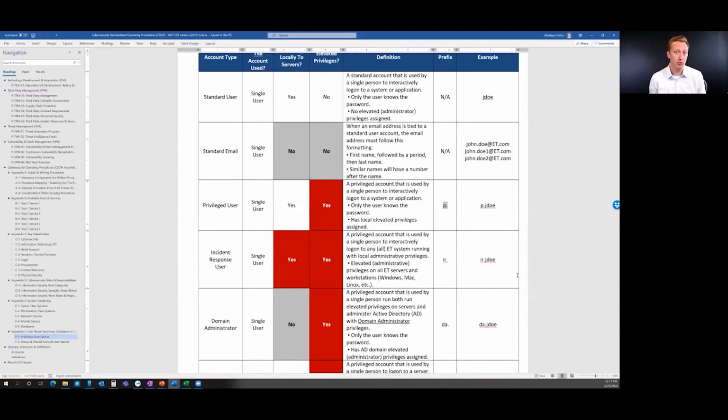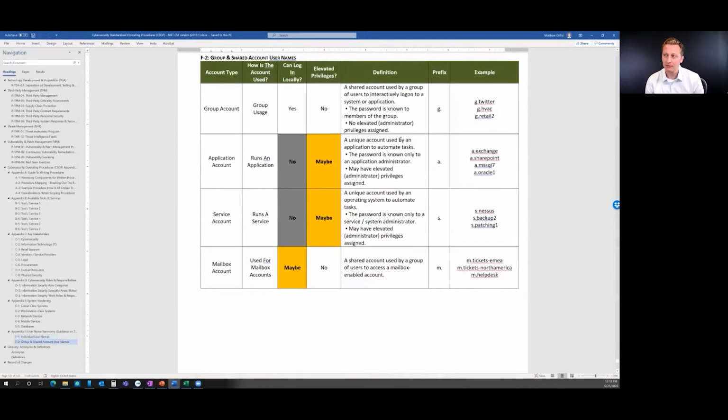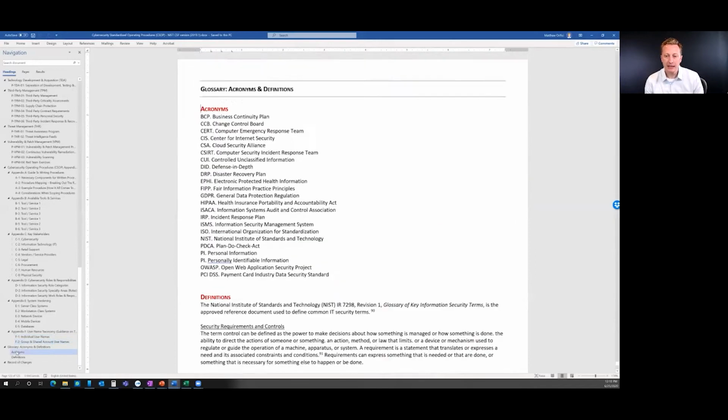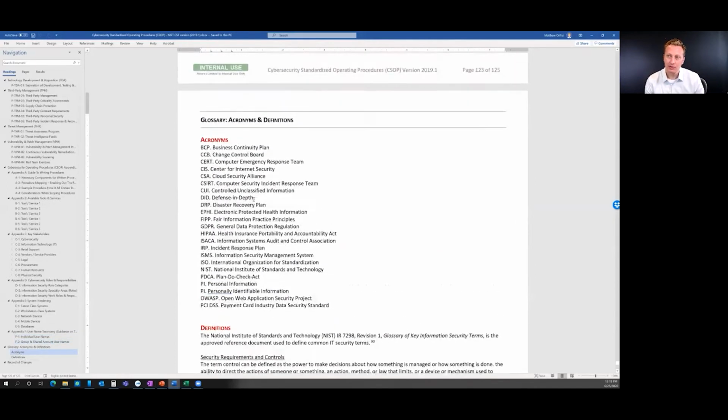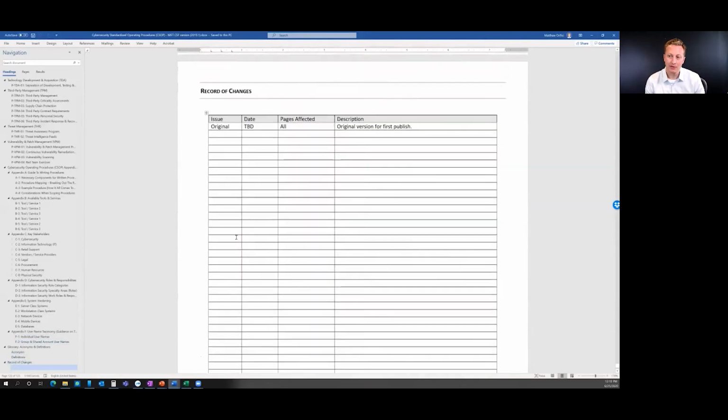Maybe it's not the entire board that gets some of this information. Maybe it's a subcommittee. We don't know how that'll evolve, but that's a piece of this that we're going to want to identify. Just another thing so you get a little taste of it. There's sections on groups and how that works, mailboxes. And then there's a glossary of the acronyms, so you can have fun with that, and some of the other